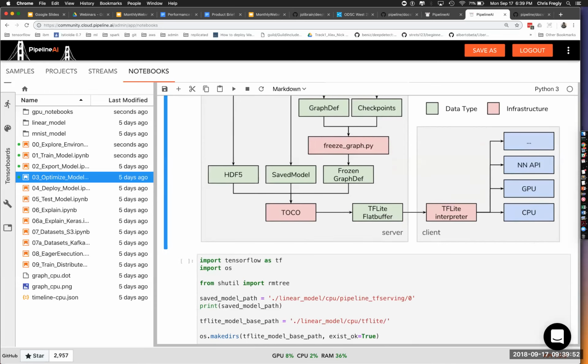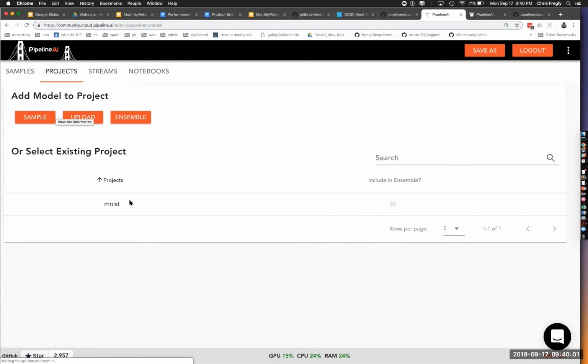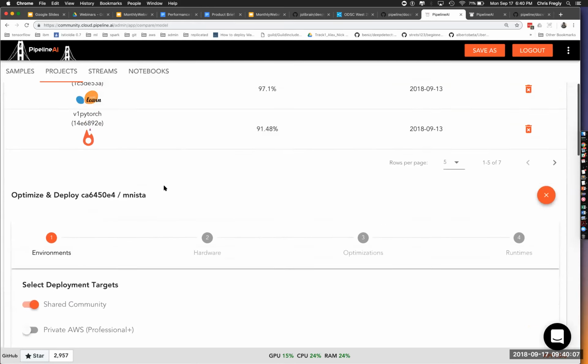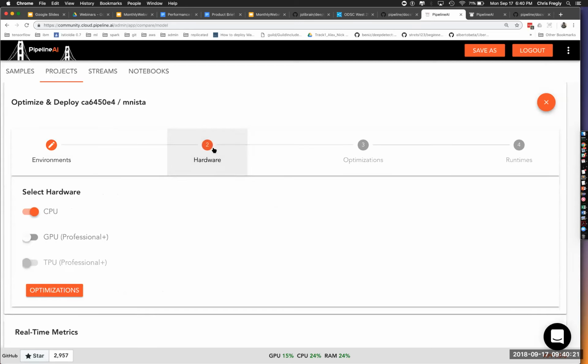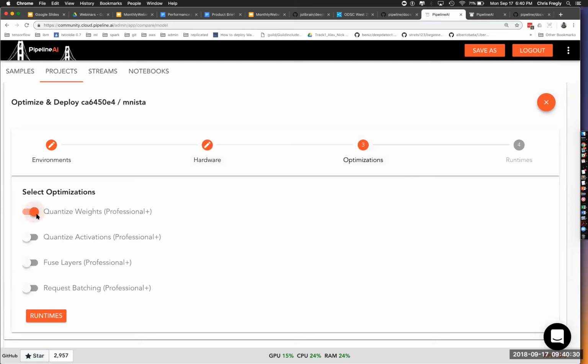If I go back to the actual app itself, let me show you. If I click here, and let's say I click on a model. I didn't go through this earlier, but this would be the first step. You would either upload your model through the command line or through the app itself. You can then choose to deploy it if you've configured these different cloud providers or on-prem. You could select CPU, GPU, you could even select TPU. And then you could apply different checkboxes, so we can try all four of these.